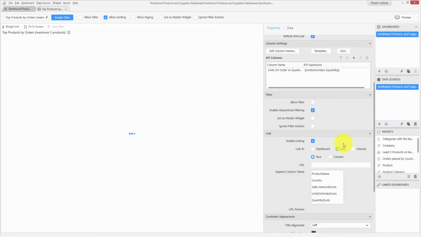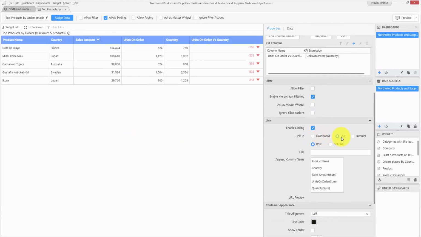URL linking is very similar to the dashboard linking, except that instead of targeting a filter widget, we can do filtering on a data level. In the URL linking, you can add links to the rows as well as columns. Let us see the row linking now. Add the URL of the published dashboard to the text box. Now you can add filters using query parameters. Add the field name,